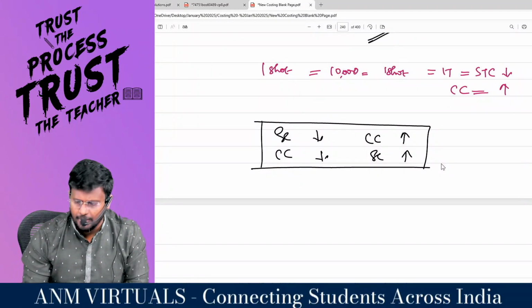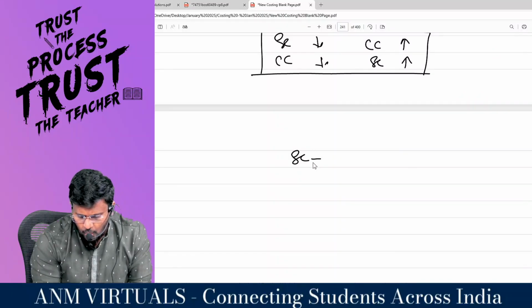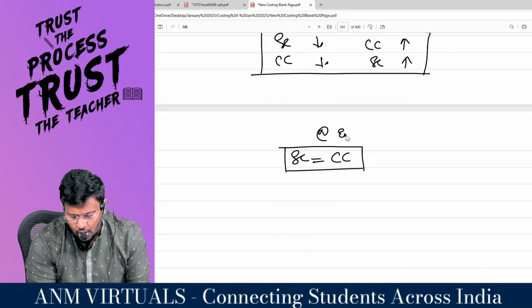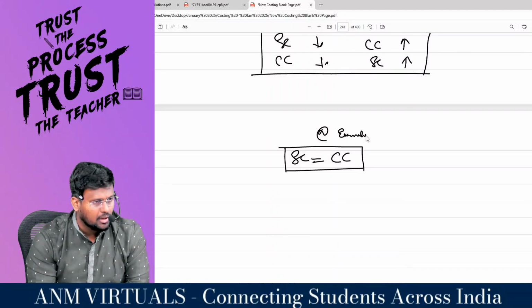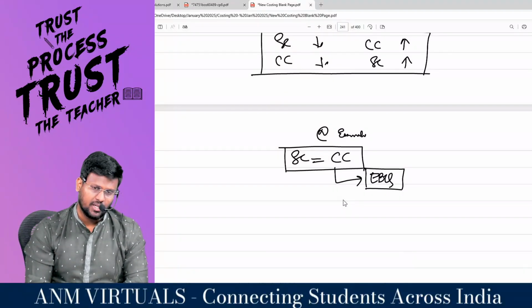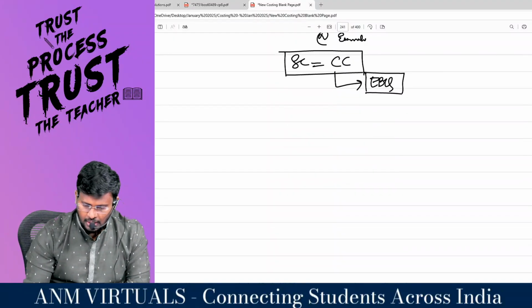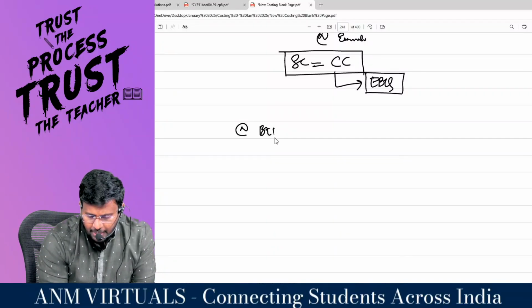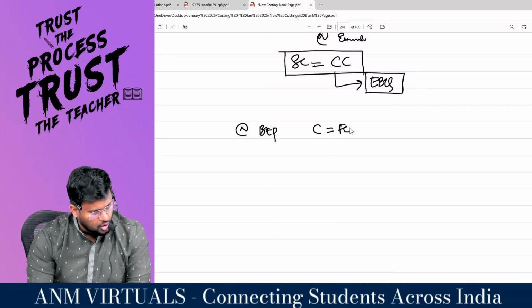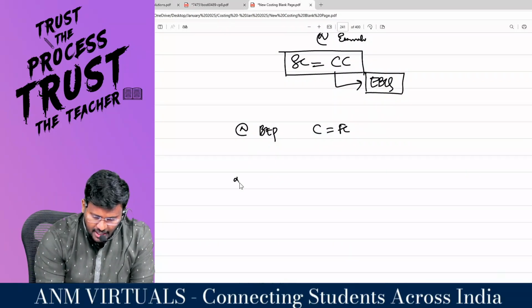Are you really with me? I need a point where setup cost is equal to carrying cost. At that point, my cost will be economical. That is represented as economic batch quantity. Just as at break even point, sir, we say contribution is equal to fixed cost, in the same way at the